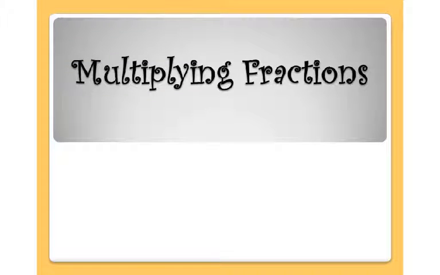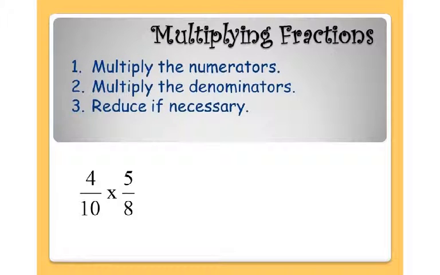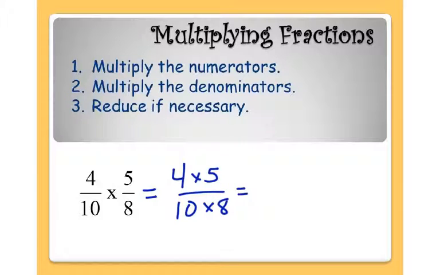In this lesson, we're going to take a look at multiplying fractions. There's really three steps. You multiply the numerators, multiply the denominators, and then reduce if necessary. So in this example of 4/10 times 5/8, I would multiply the numerators, 4 times 5, and then multiply the denominators, 10 times 8, which gives me